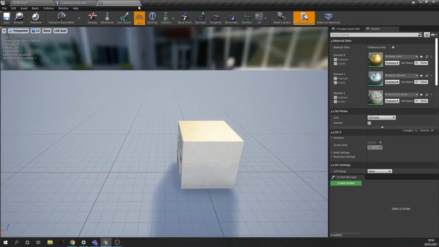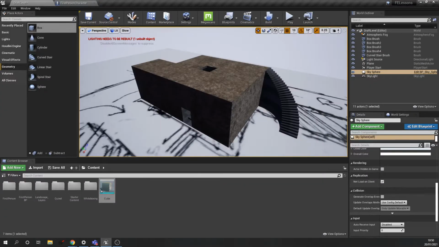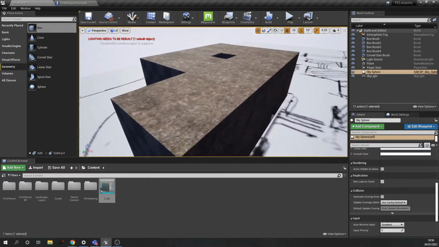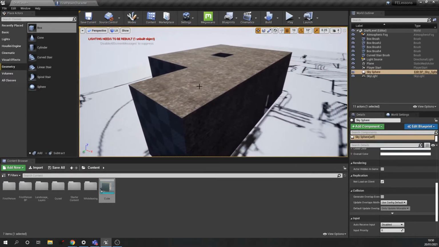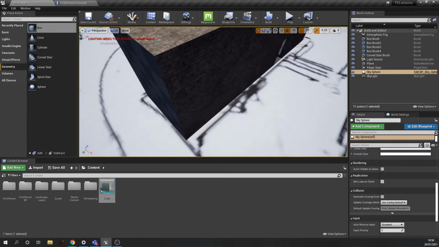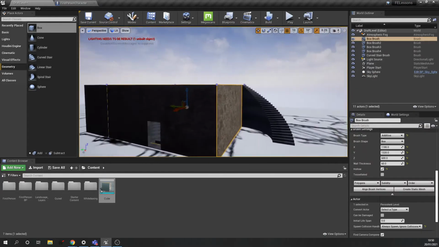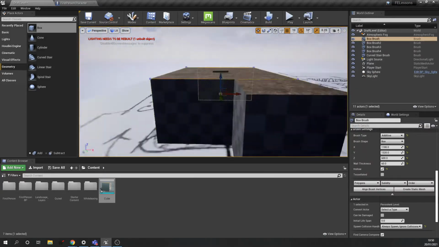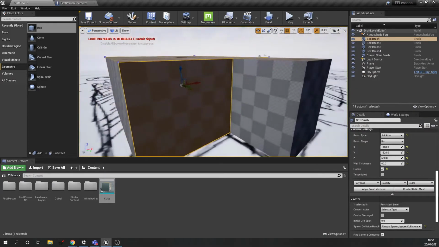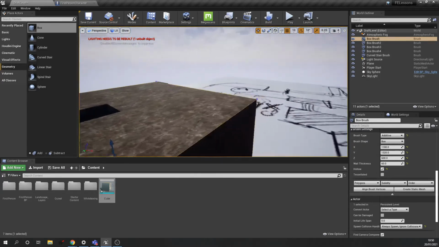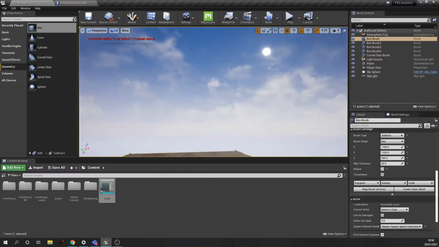The importance of me showing you that might feel like I've gone off on a massive tangent, but I promise it will make sense. The importance of me showing you that is because we have different materials set up on this geometry here, okay? So we've got this concrete one up here, we've got this new brick, I think it was called, we've got this old brick here, and we've even got the original dark grey checkered material that's still classed as a material. Okay, and the reason why that's important is because